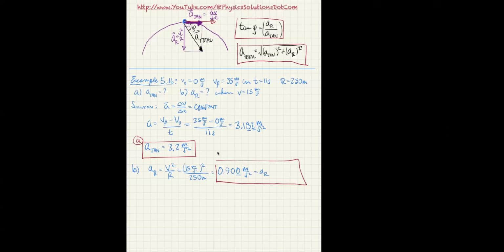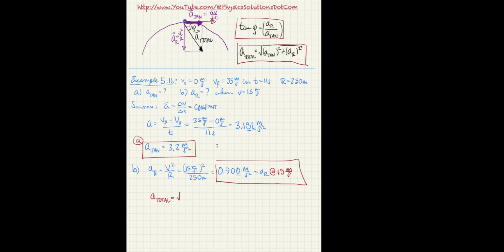And again, that is at 15 meters per second. Anybody have any questions on that? Now, just for the purposes of being complete, I'm going to go ahead and show you that A total